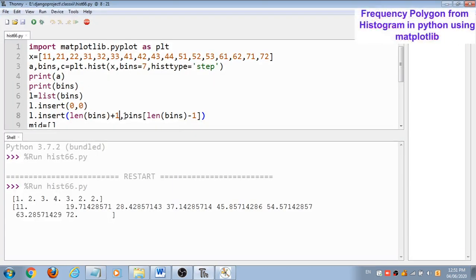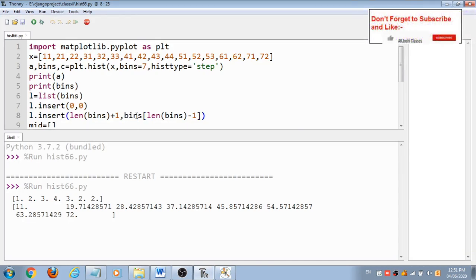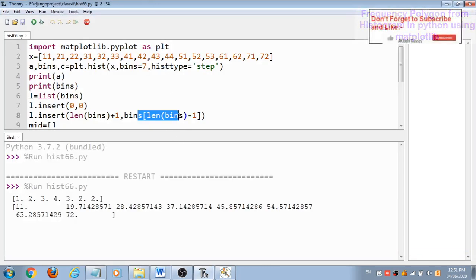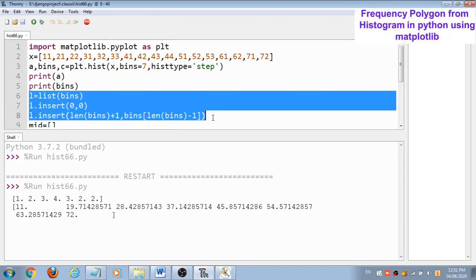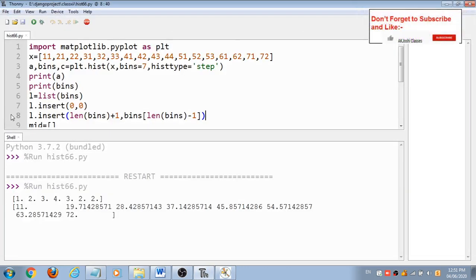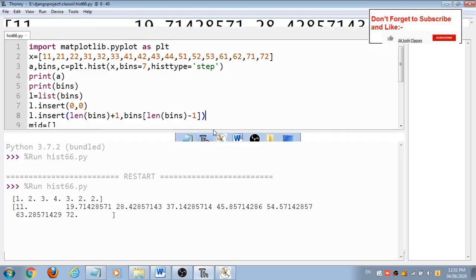Then what I want to add, bins, this will extract the value at length minus 1, which will give me the 72 value, and this 72 is to be inserted at the last position of this L. So like this I have created this L. This is the new list containing all the bins including the first and the last.